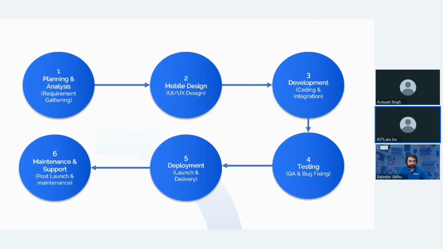So when you decide that you want to build a mobile app, you need to understand the process that you will go through, and the stages that you need to understand well when working with any mobile app development company. These are the 6 steps that you need to work with.